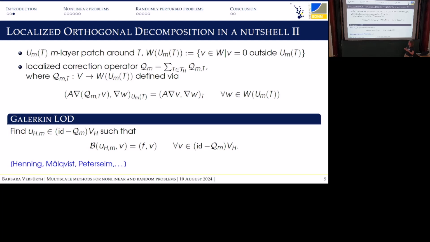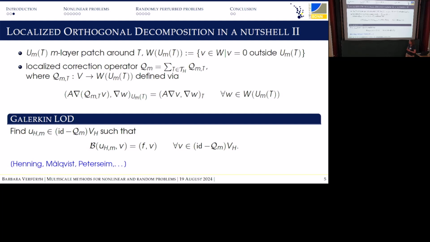And let me briefly remind you, having now at least run through the construction of the LOD, that I want to solve either nonlinear problems or randomly perturbed problems. So for the nonlinear problems, we will see this in a couple of next slides, that if I try to rewrite this construction, but B is a nonlinear form, I suddenly run into problems of having nonlinear problems and even more nonlinear operators and nonlinear spaces. And that's something I need to overcome.